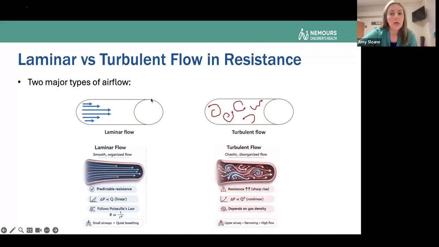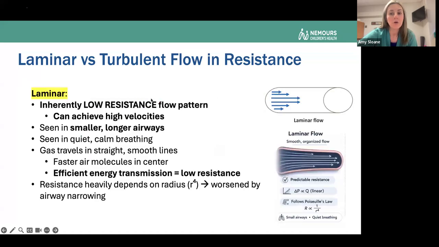So laminar flow creates a very predictable low type of resistance that can achieve high velocities. This type of flow occurs in the narrower or smaller but longer airways and during quiet and calm breathing. So this is again your ideal state of flow. In this pattern, the gas moves in these smooth parallel layers that you could see up top with kind of